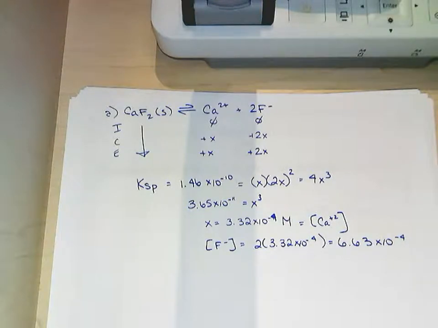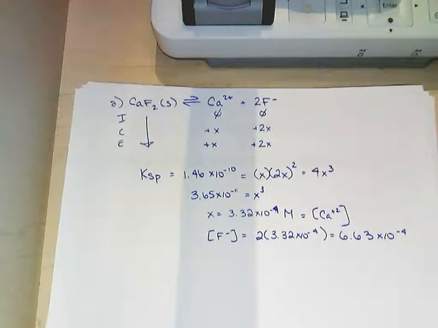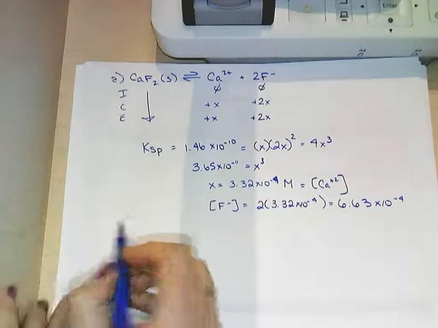All right, so that's just the calcium fluoride in water, predicting the two ion concentrations. All right, so then part B was I now have a solution